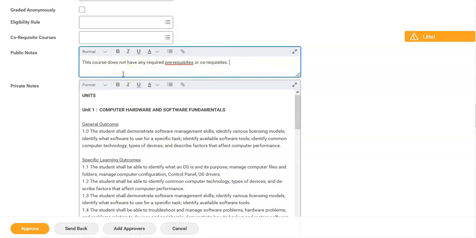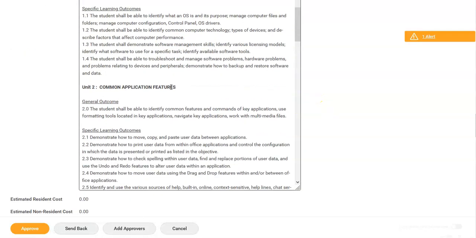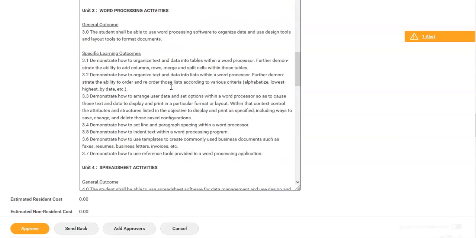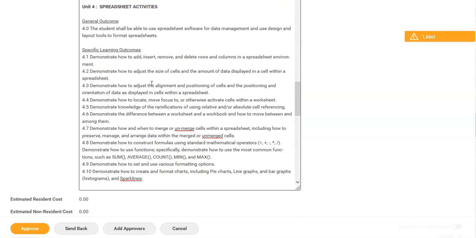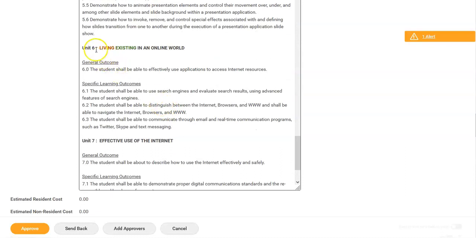There is a WalkMe that can help you format this information. The WalkMe is only available on Firefox and Chrome. Next, private notes lists the learning outcomes. Again, there's a specific format for this. Please double check that your faculty or the course initiator has followed the formatting and corrected any typographical errors or any formatting errors or any numbering errors. We'll see in this example, the only change here is that living has been deleted